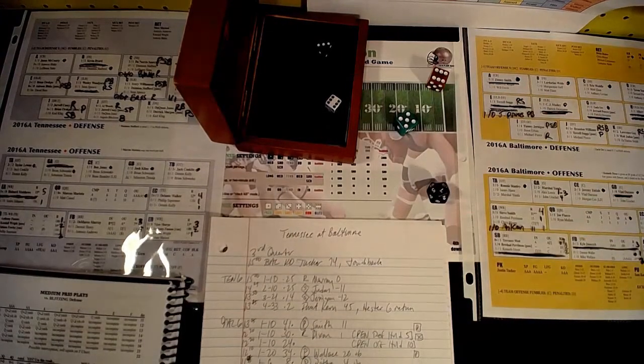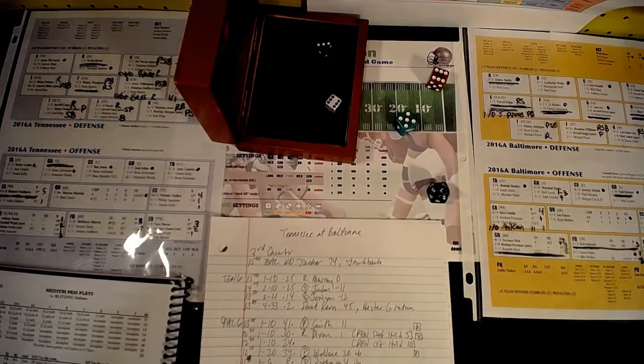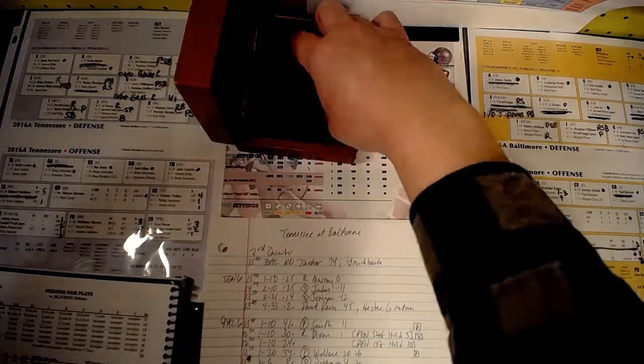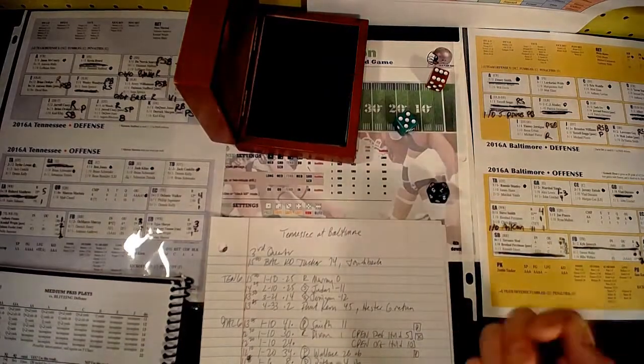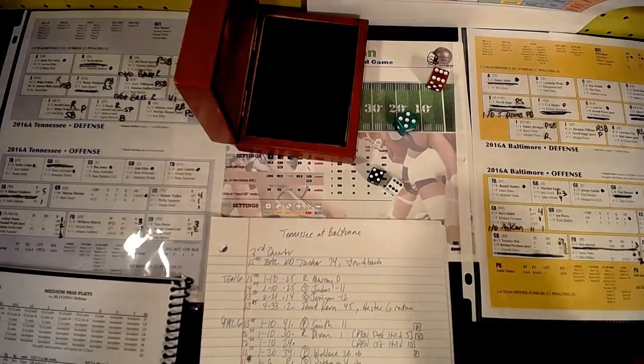36. Our center B, Ben Jones, is not. Tackle B, Jack Conklin, or either of them, is a two pass. So that's going to be a dump off to an alternate receiver, and we will re-roll the 2 dice here. It's an 11. That'll be a first down, and it's just got to see which alternate receiver it is here